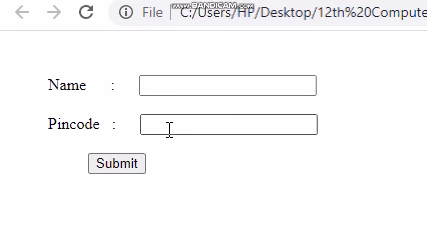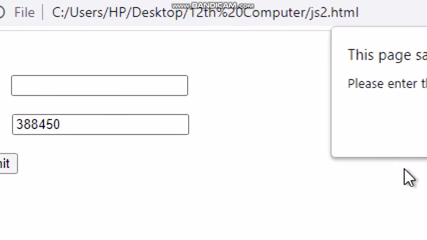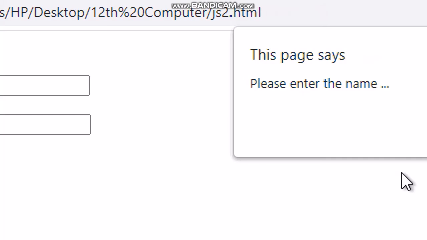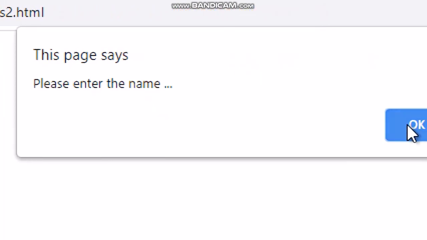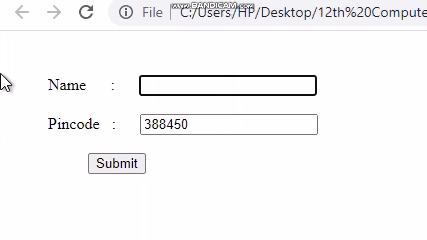Enter the pin code as 388450. Press the submit button. A message will be displayed in the alert box: please enter the name. So unless you enter the name, the form will not be submitted.